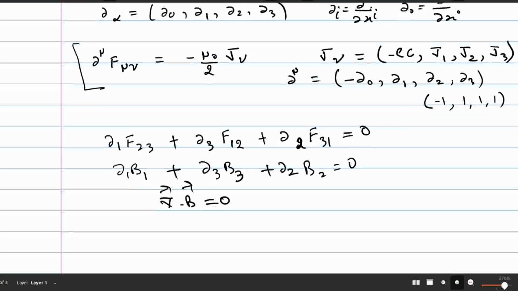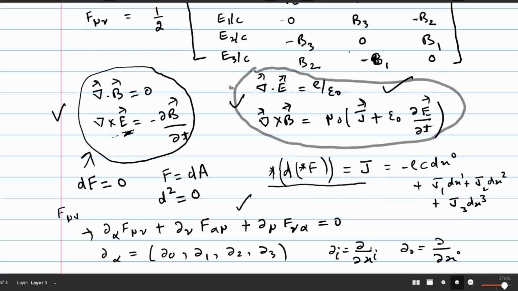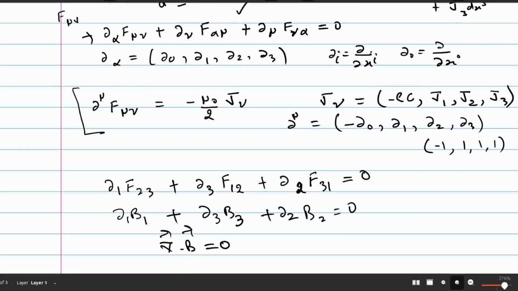Now we have seen that both of these two equations, divergence of B equal to 0 and curl of E equals minus del B by del t, can be written in compact form, or in covariant form, as this equation here. Now if we take the second equation,